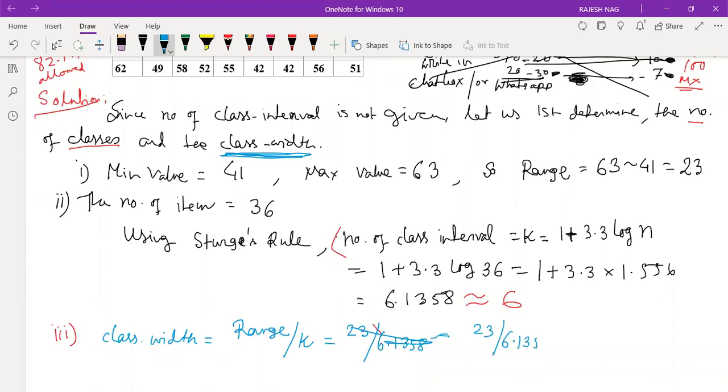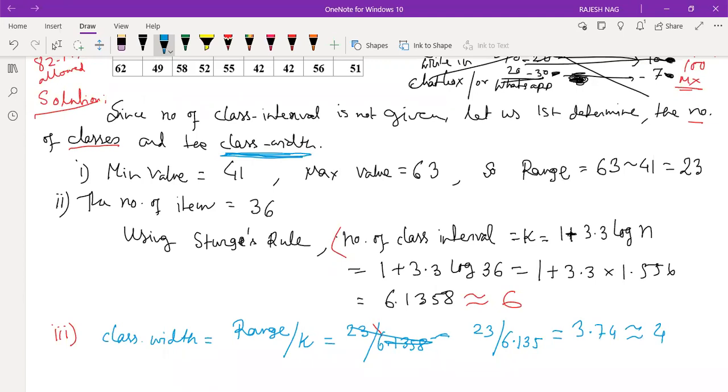ওকে, এন্ড আফটার ক্যালকুলেটিং বলতে পারবি কত? এনিওয়ান? আবার আমাকে ইন্টারনেট দেখতে হবে। স্যার, 3.74. আপত্তি আছে? না স্যার। 3.74 রাউন্ডিং করে 4।